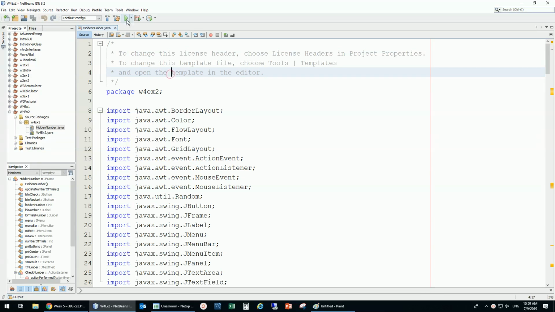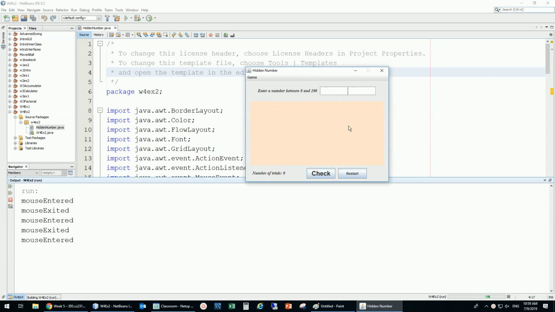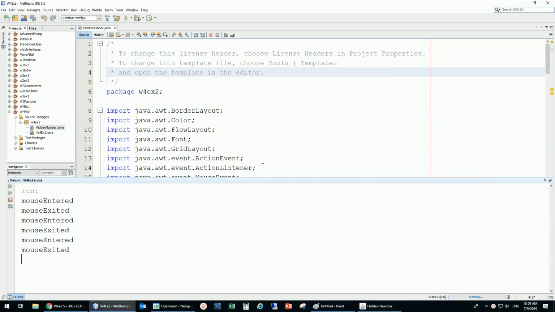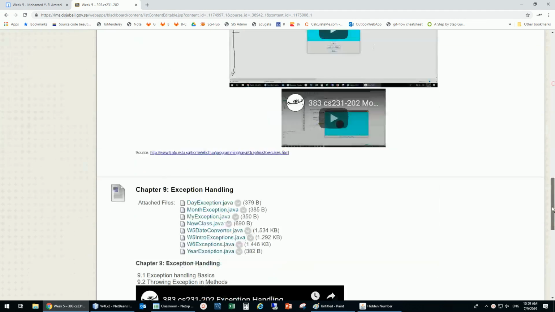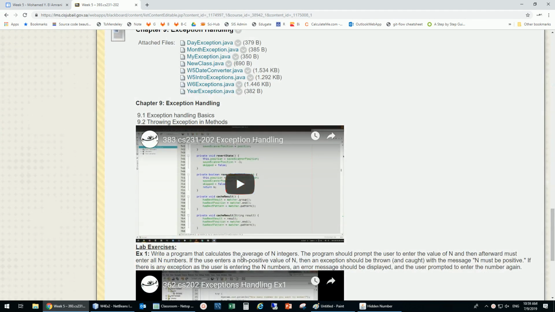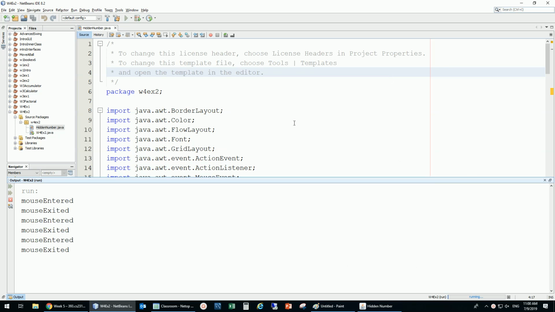Bismillah. Let's start. I would like to use this as an example where we can use exception handling. But basically we can use exception handling in anything, not just in a Swing application. And later on we're going to see on the website that we'll be talking about exception handling in some kinds of classes without even graphical user interface classes. So this exception handling, what is it all about? It's about